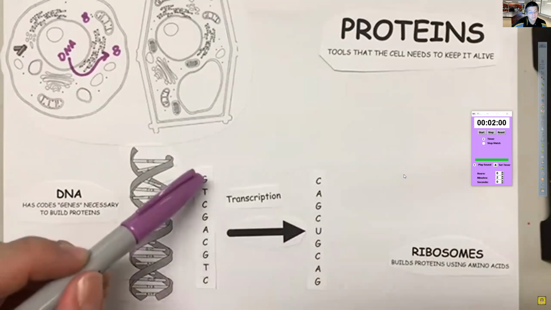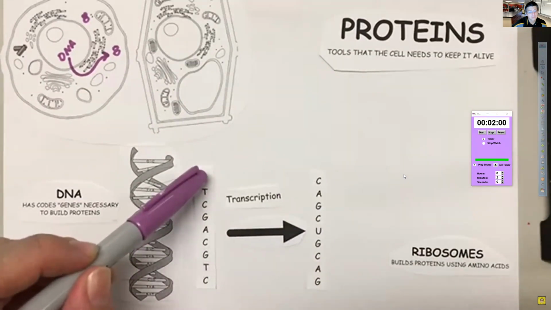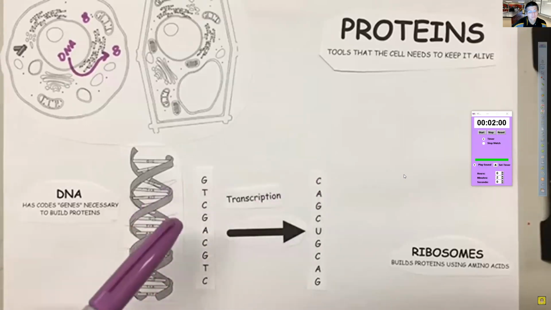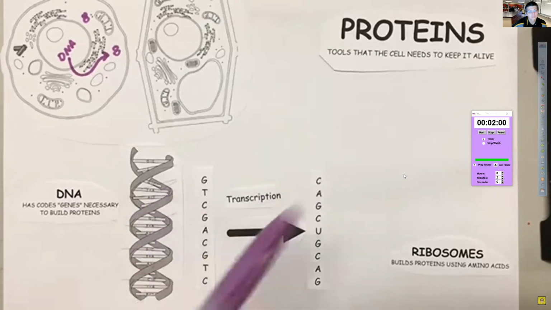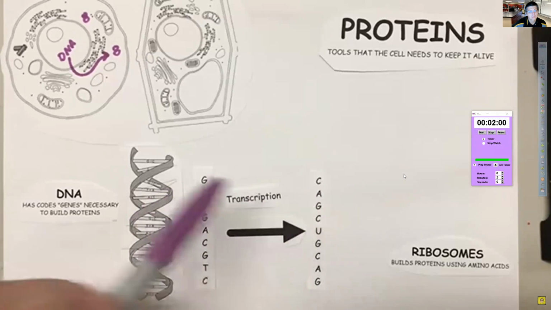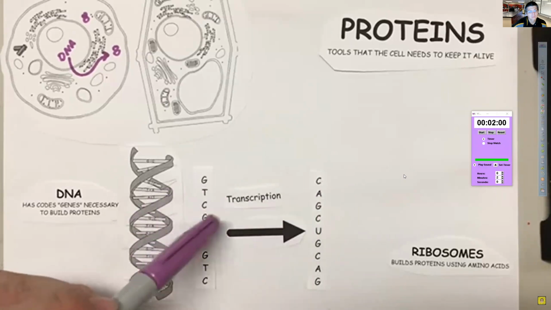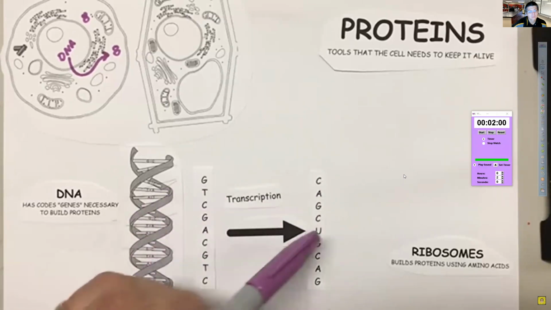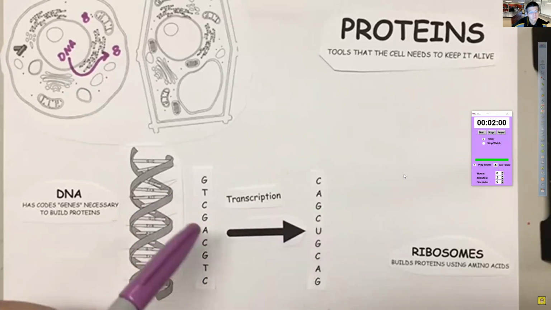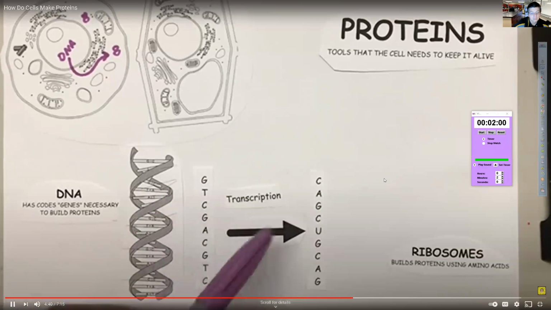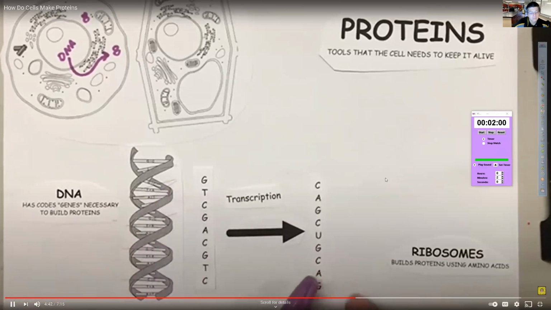How does this happen? Well, it uses the base pairs. So if there's a guanine, then there's an enzyme that adds a cytosine. Thymine, adenine, cytosine, guanine, G, C. A goes with U, right? Because remember, we're making RNA, it wouldn't be a T. And so once transcription is over, now we have a copy of the gene, but in RNA form.